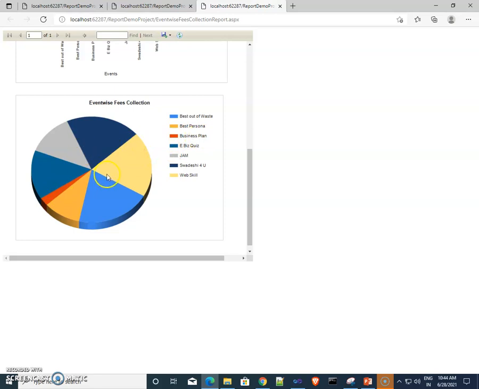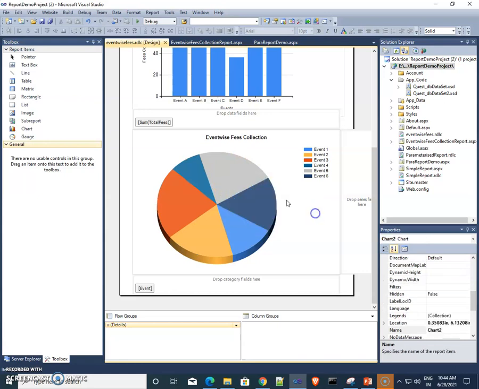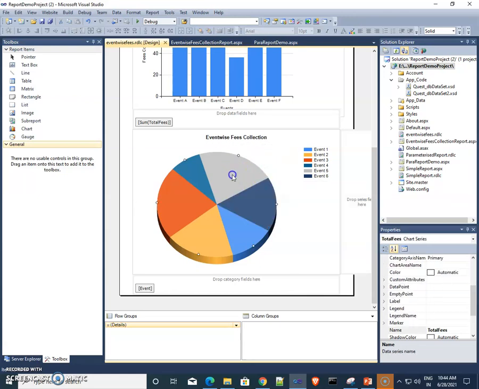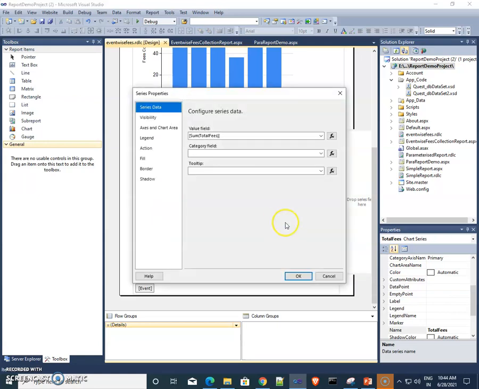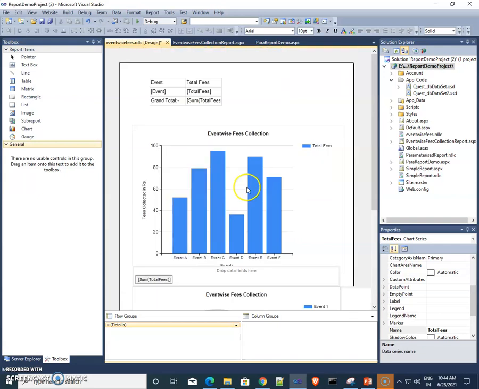Now if I want to show the fees collected over every pie, I want that fees number. Then what I need to do here is show data tables.